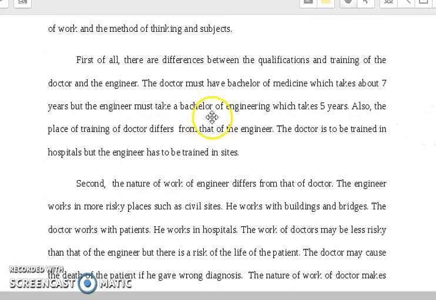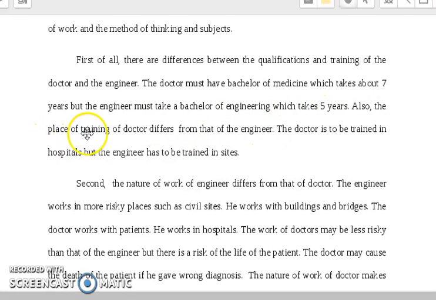Going to your body paragraphs, this is really short, and the reason why I can see it's short is that you don't have many examples or explanations in here. You make a nice clear topic sentence, which is good. Doctor must have a bachelor in medicine, and then you give explanation here, but give more differences between the training. You just talk about the number of years. What other differences can you see in the training between the two? Medical doctors have to do like 2 years of practice, while engineers usually don't. Anything like that. Give some more examples though.